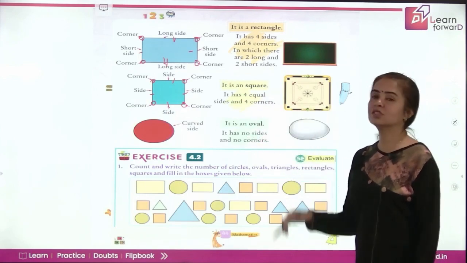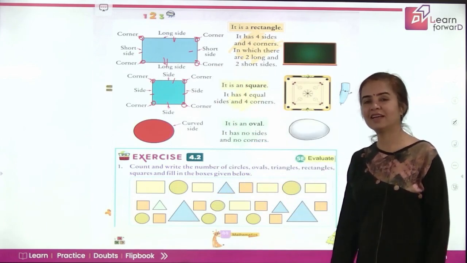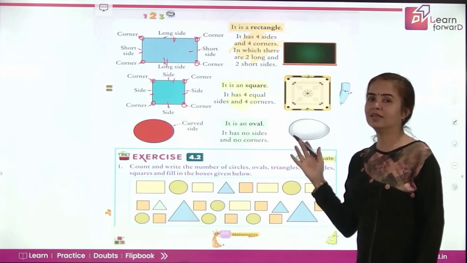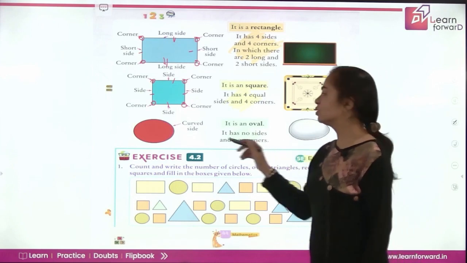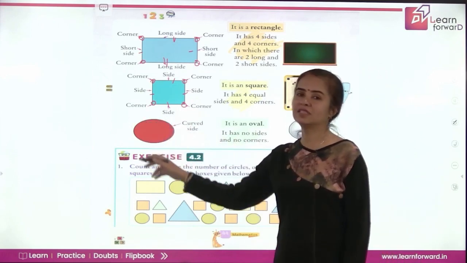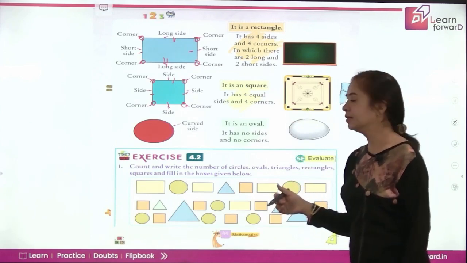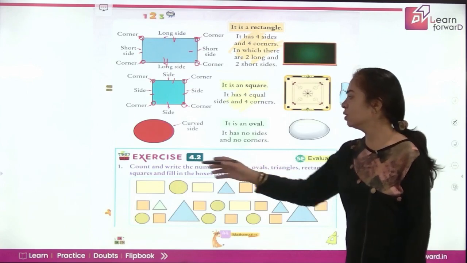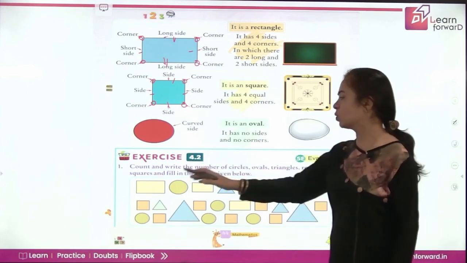So this is called a square, whereas this one is called a rectangle. So next shape is an oval that looks like an egg. Yes, this also has a curved side and it has got no corner, children, right? Coming to an exercise for you, count and write the number of circles, ovals, triangles, rectangles, squares, and fill in